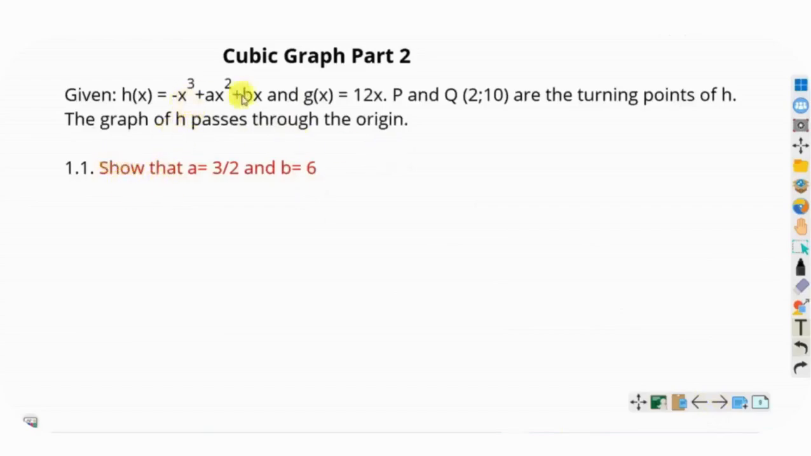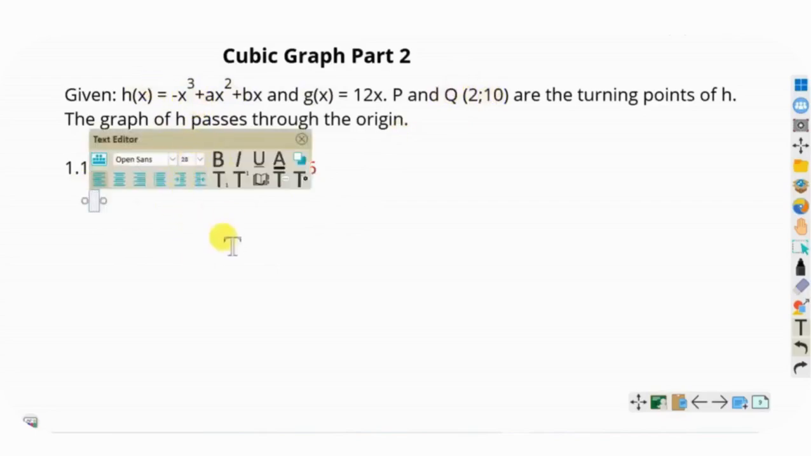Okay, so what do we know about this equation? We know that the coordinate of Q, (2, 10), is on the graph of h, and it is the turning point of h, right? So we can use that to substitute. We can substitute Q on the graph of h. So I'm going to do that. The y value is 10, right? The y value is 10,